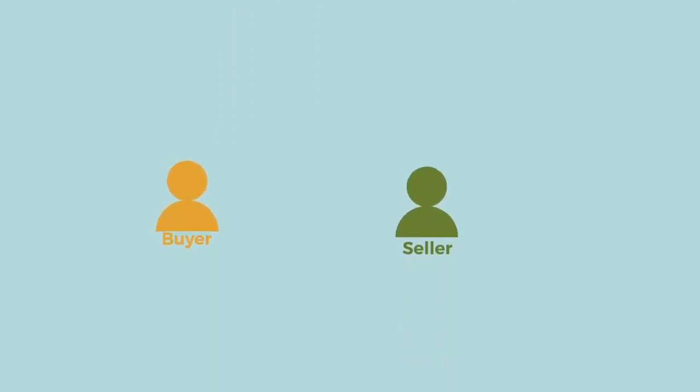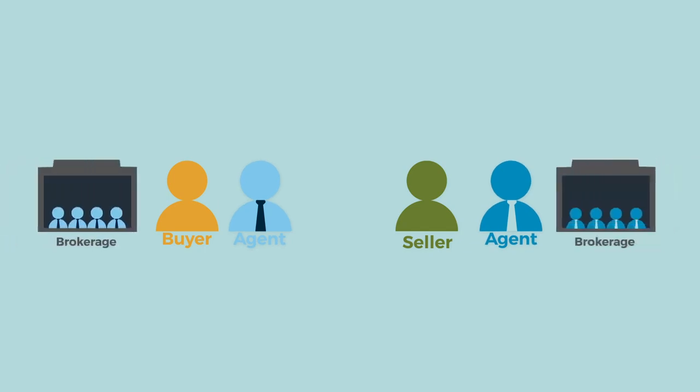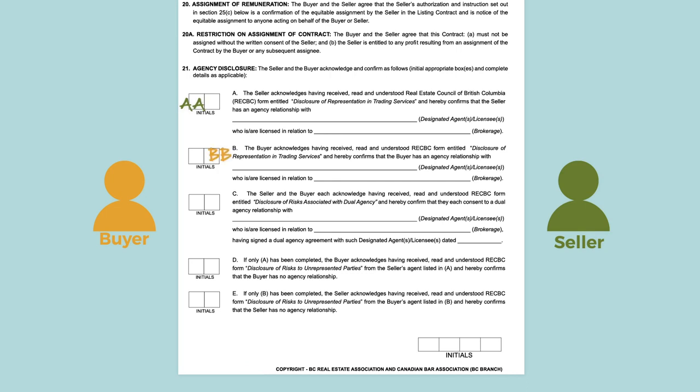Agency disclosure. In this section, both the seller and the buyer's designated agents and the respective brokerages, if any, are specified. The buyer and the seller initial the appropriate boxes to acknowledge receipt of the appropriate agency disclosure forms. Sometimes one of the parties is represented and the other is not represented. In this case, the realtor who represents a client in the transaction is required to provide the